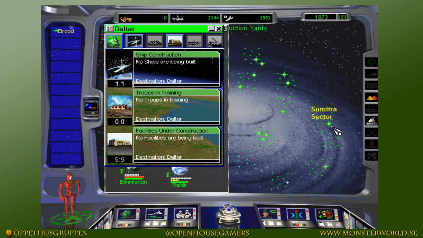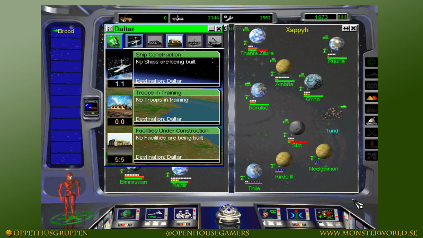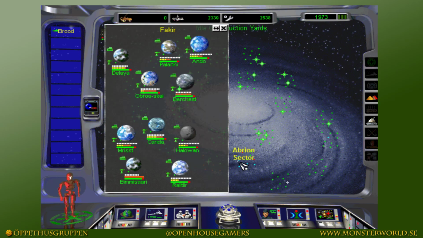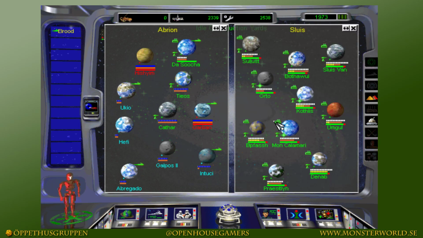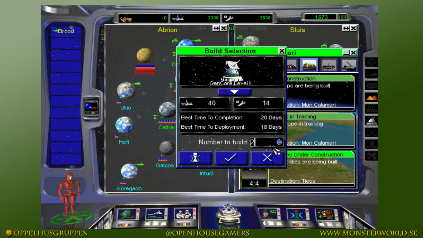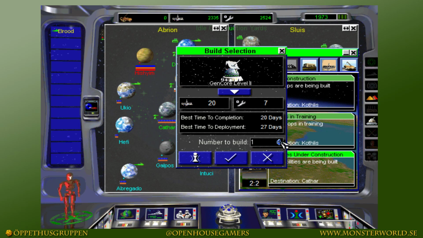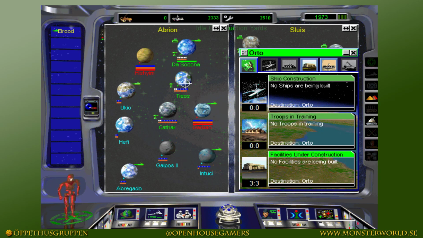Actually, Daltar, I could probably have you target the next sector in line instead with 2 Gencores. Let's see, Abrion. I want, let's see, Moncal. You can build 2 of those there, and Kotlis can build 2 on Cathar. It's not too slow, and I'll have Teos